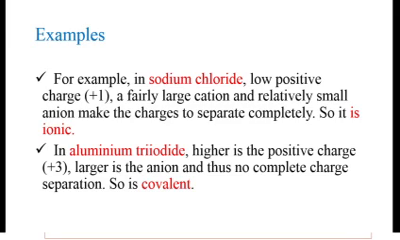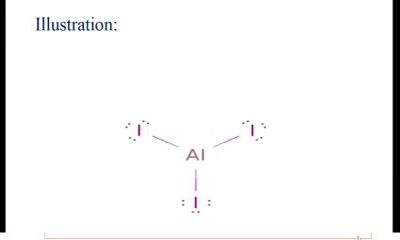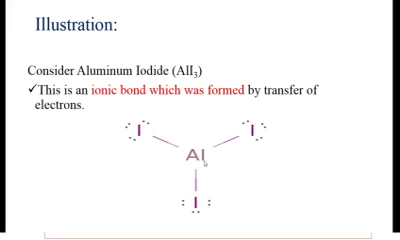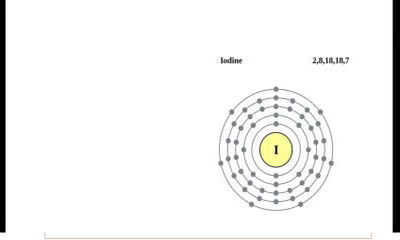Let us illustrate with one example, aluminium triiodide. See here, aluminium is in the center. It has 3 valency. This 3 valency should be satisfied by 3 iodine, so it forms aluminium triiodide, AlI3. Each iodine atom shares one electron and forms a covalent bond with it. So aluminium triiodide is formed. This is an ionic bond which was formed by transfer of electrons from aluminium to iodine. So aluminium iodide is an ionic bond, but when compared to the size of the iodine, see here,